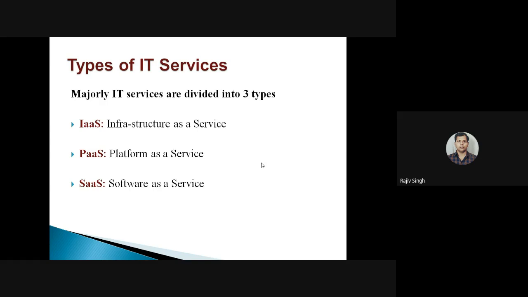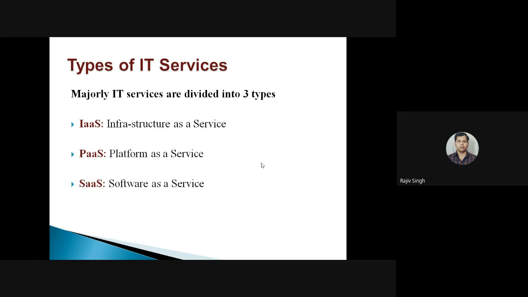If we take an example, what are the examples of IaaS? I have already told you. If we are creating virtual machines or physical machines, physical servers, this is the example. And installing the operating system on those machines, whether these machines are physical or virtual machines. Till this installation of the operating system on the machines, it is known as infrastructure as